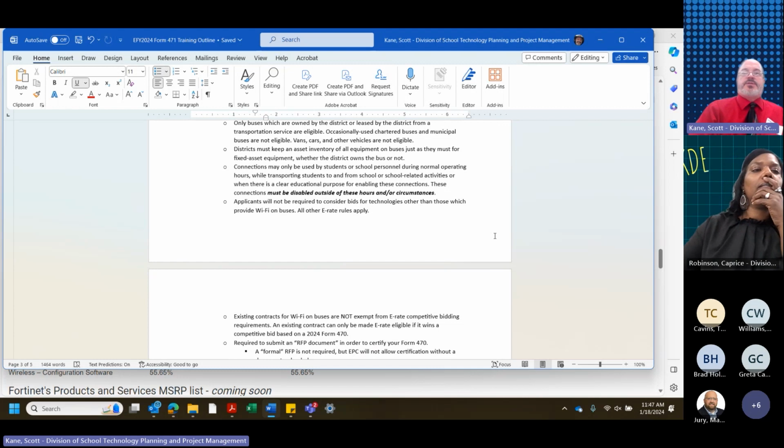Connections may only be used by students or school personnel during normal operating hours while transporting students to and from school or school-related activities. That includes sports events, field trips, things like that, when there is a clear educational purpose for enabling these connections. These connections must be disabled outside of these hours and or circumstances.